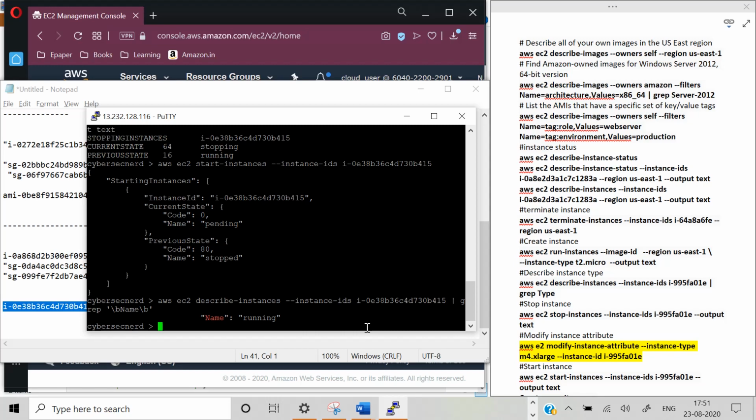Tags are normally the most important resource, I would say. We need to associate tags with all the resources we are creating in the AWS environment, because it helps us track the resources very easily for compliance purposes and any other purposes. So let's look at creating some tags and associating them.